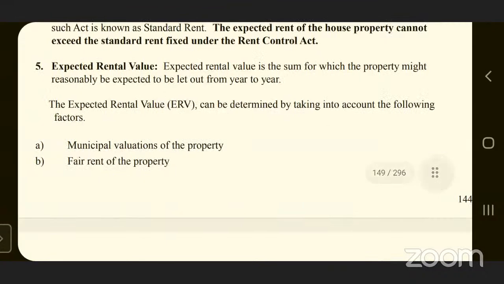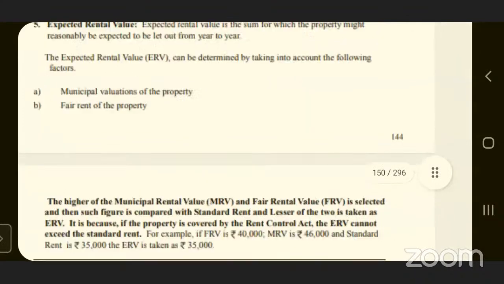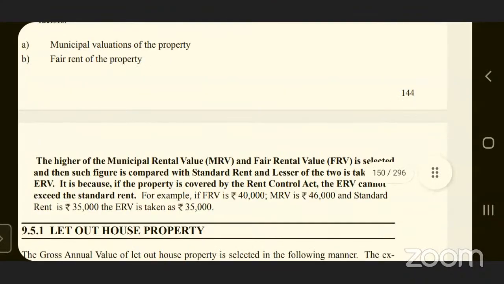So now what is the procedure to compute the expected rental value? Here in bold letters they have mentioned: the higher of the municipal rental value and fair rental value. Means in the question itself they will be providing the data. So we need to just compare the municipal rental value and fair rental value. So whatever is the highest amount among municipal rental value and fair rental value, that should be compared with the standard